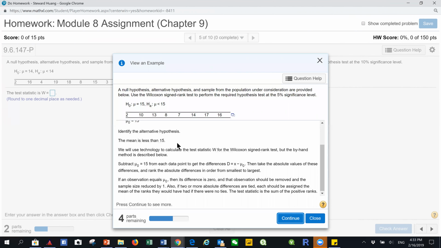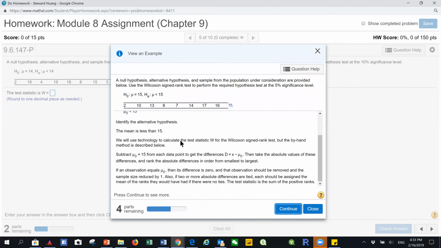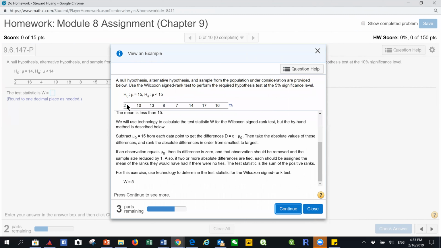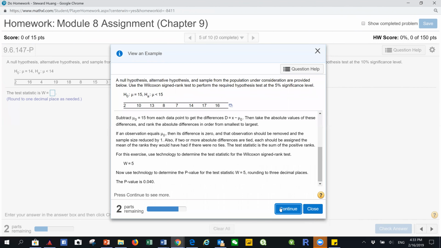So here the claim is 15. What you should do is subtract the 15 from all the observations, then drop the sign, take the absolute value, rank them, and compare their order. You can calculate the W, and then use the